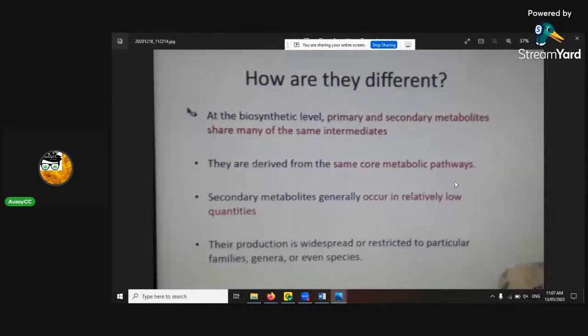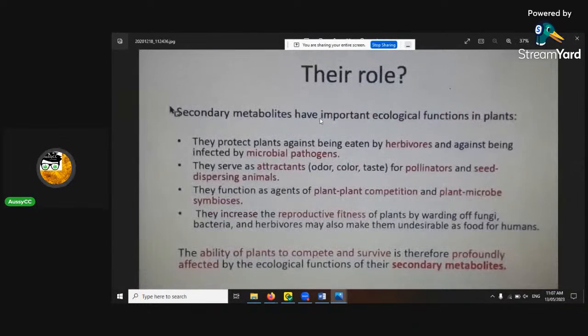So how are they different? Yes, so that's what, it's just they're relatively low quantities. So to maintain all of their good properties, you want the correct procedures. I've already said that. Their role, secondary metabolites have an important ecological function in plants. So why are they there? So if you can understand why they're there, you can manipulate them to bring out different profiles. Like I've done it out of, what's an example? Pink Death Bubba. I've had 3 solid different profiles out of the same mother plant. That's by only manipulating their secondary metabolite pathways.